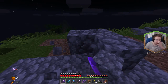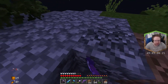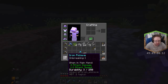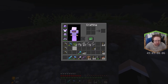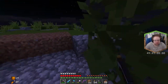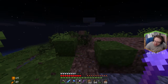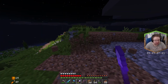I do need to update my data pack actually, because there's obviously this copper that we need to add onto the stonecutter thing, and then there's other basalt that we need to add onto the stonecutter stuff. Or do we want to save this? Don't care, and we don't have the XP for it, so there's no point. I don't think. So never mind. Yeah, okay. But like I said, I will try and get...